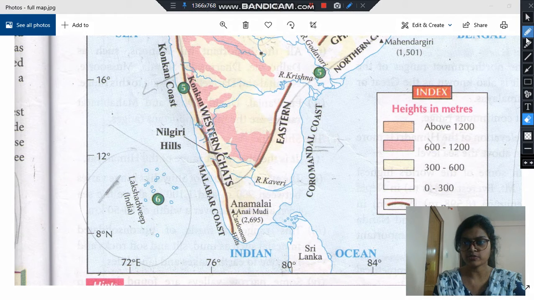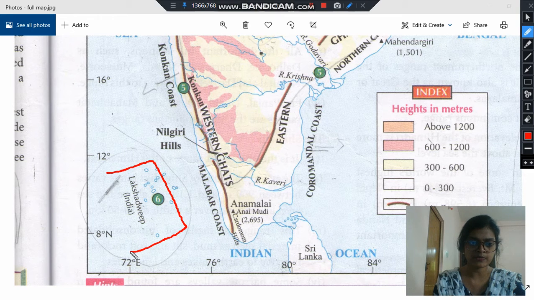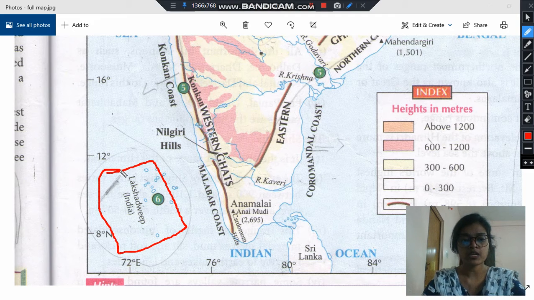These are the group of islands, Lakshadweep Island, and Lakshadweep is the tiniest union territory of India. Means the smallest union territory of India is Lakshadweep. They have 36 group of islands in it, and it is very small as compared to Andaman and Nicobar. So these are Lakshadweep Islands,